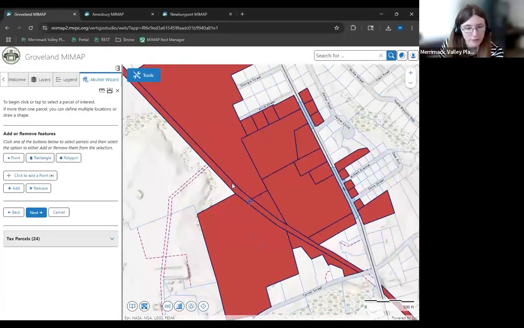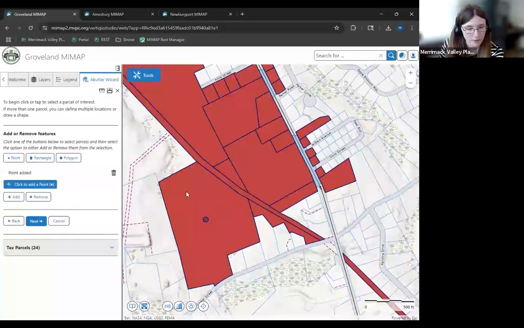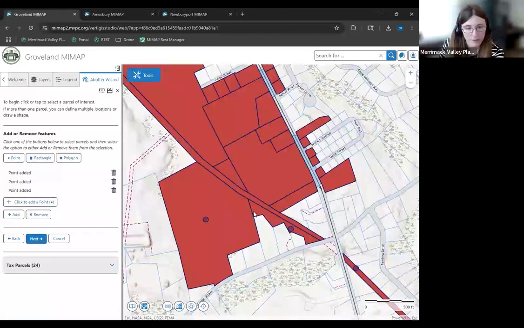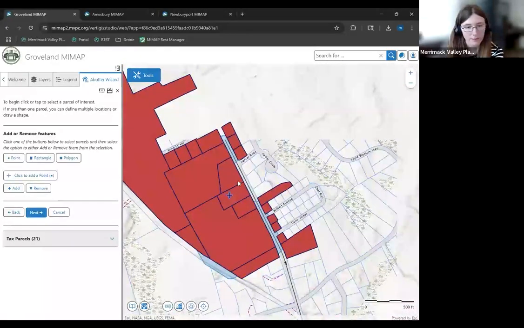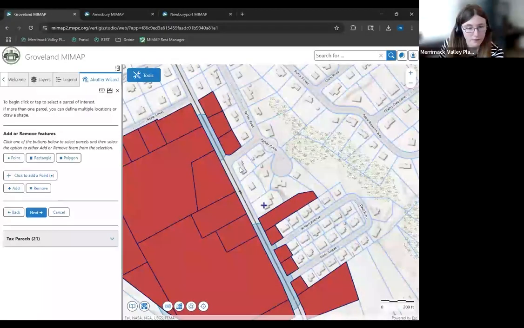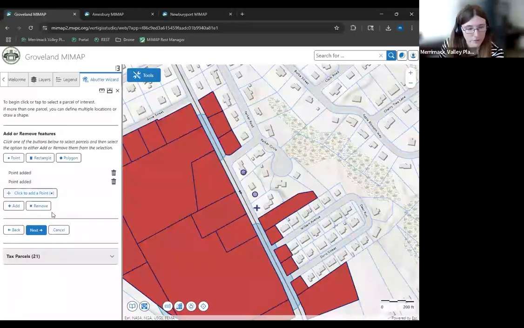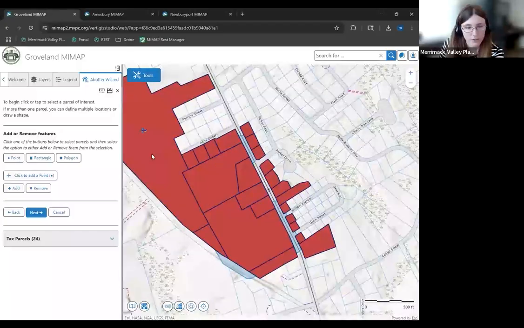Let's say we don't really want anyone on this side of this right of way. We can just click on these with the point tool here. And then right here, this one is a little weird. We get to go back and click again. I'm going to look into that one. Kind of remove all these here. Yeah, we also don't want the right of way. So you hit remove, and that takes them out of your selection. But then say we actually wanted these three parcels as well. You can just click to add the points, and then click add, and that brings them into your selection. So you can go through and fine tune your selection using this little section here.